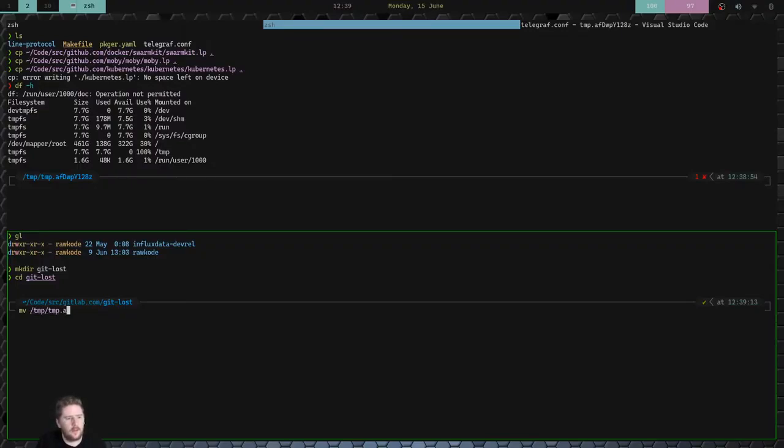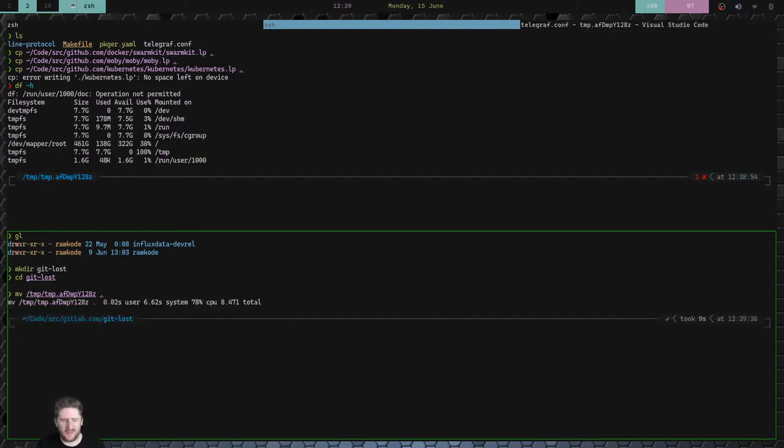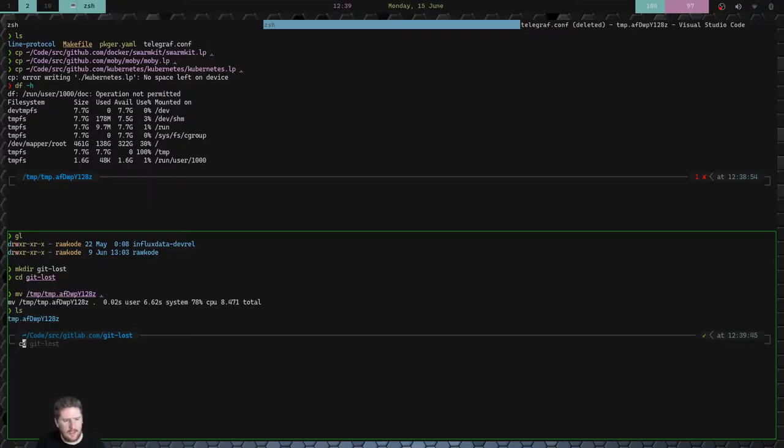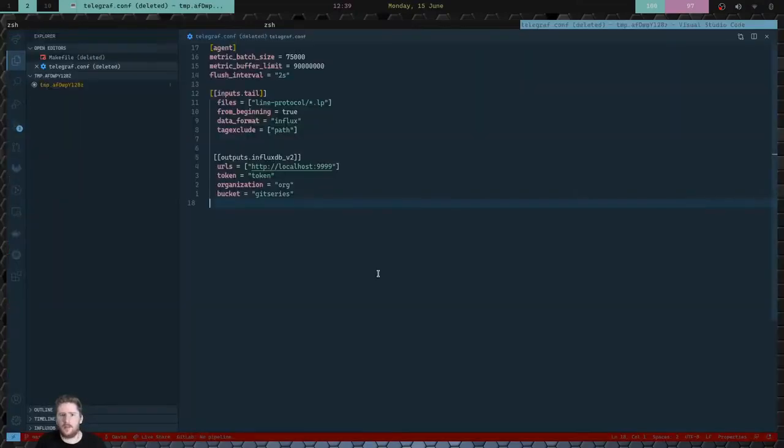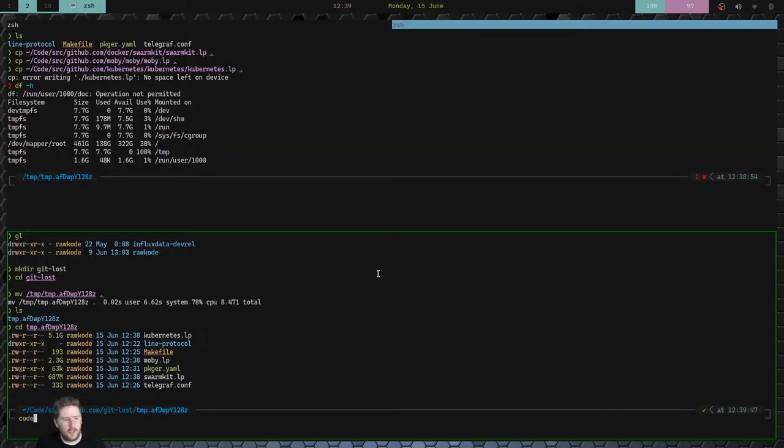So I like to work out of a temp directory pretty much all the time. I don't know why. Because I have a few Z shell plugins, and those plugins give me per directory history. So when I do things like this, and I don't really necessarily want that history jumping around or just filling up a folder, I always tend to jump into temp. It's just habit. Okay, so let's close code, spin that back up,